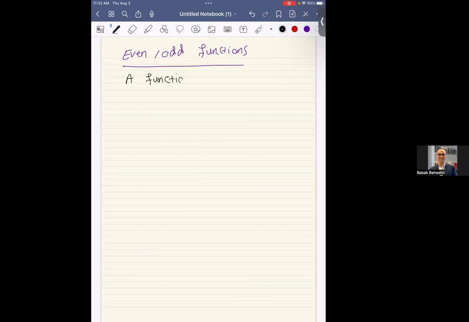Do you know what is the meaning of an even function? If for any x in the domain, f of minus x is equal to f of x. And it's said to be odd